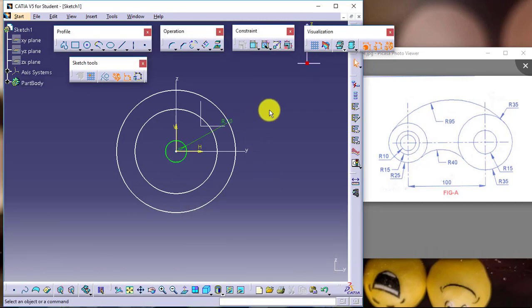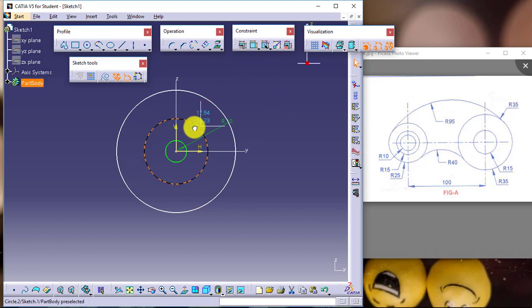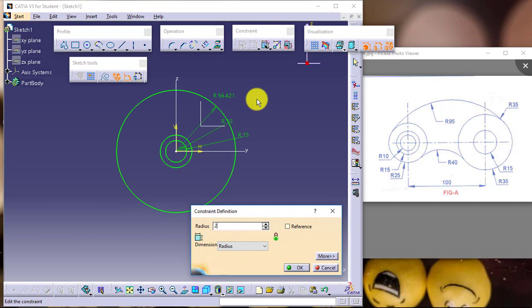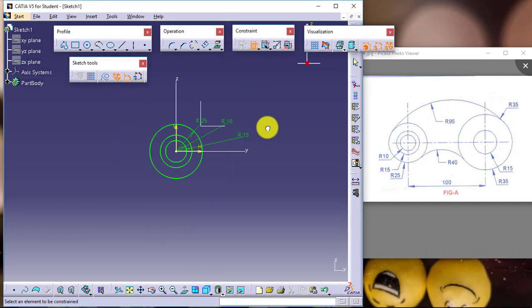You can see once I use the tool one at a time, after using I am exiting the tool. If you don't want that, then select your tool with a double click. Now use the tool. Still the tool is activated, you can use it. So if you select any of the tools by double click, then it will remain available for you to use repeatedly. So I have created 3 profiles and made them fully constrained.